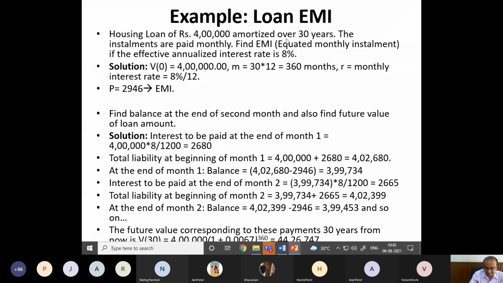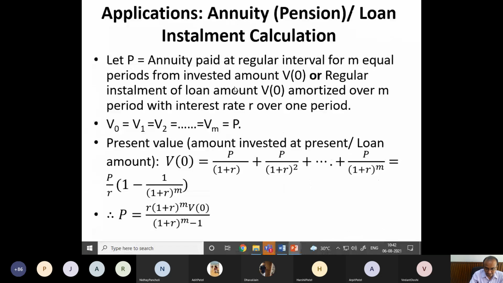Then I want to calculate this EMI, and then I want to calculate the balance after every month. What will be my balance from this 4 lakhs? If I paid EMI, how much is the interest part and how much is the principal part? So can anybody tell me how to proceed for this? Can the same formula help me? This is a very practical subject, so I need an answer from you.